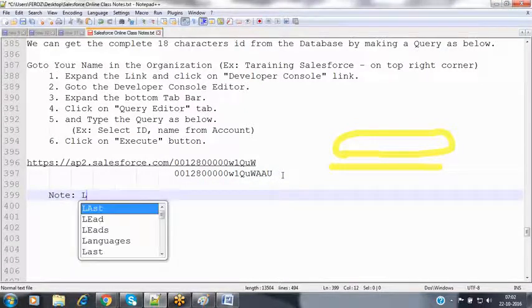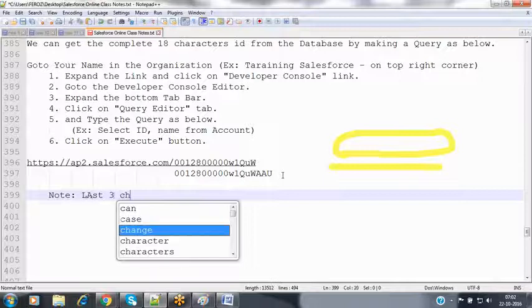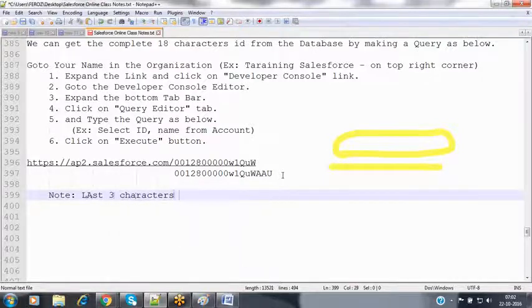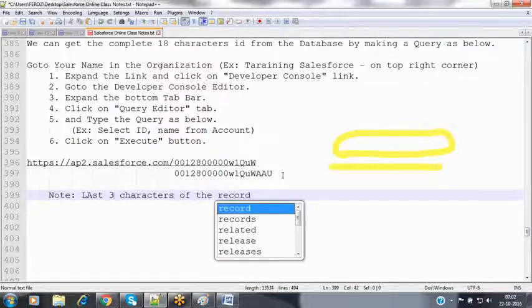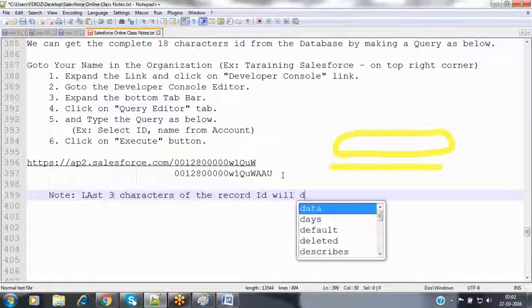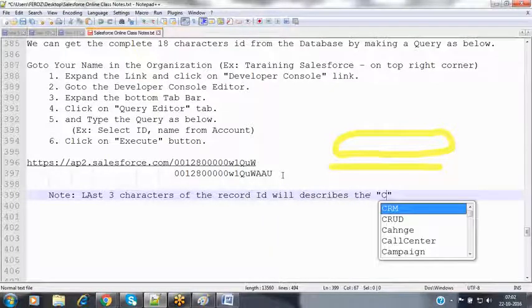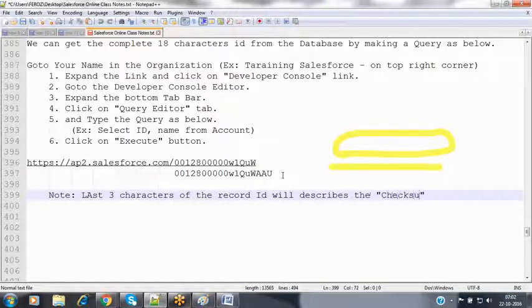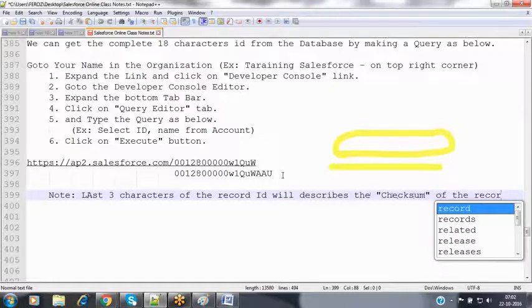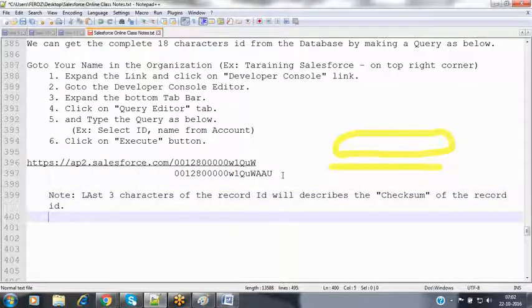Now make a note: the last 3 characters of the record ID describe the checksum of the record ID characters.